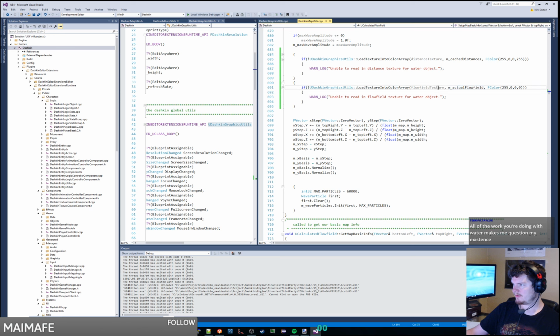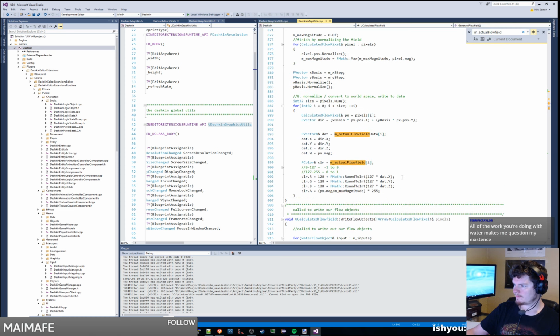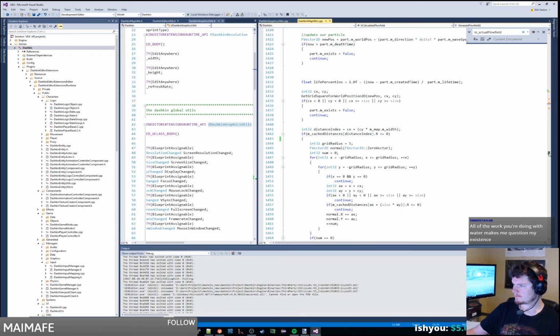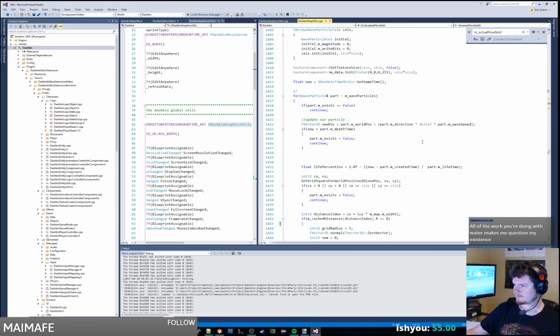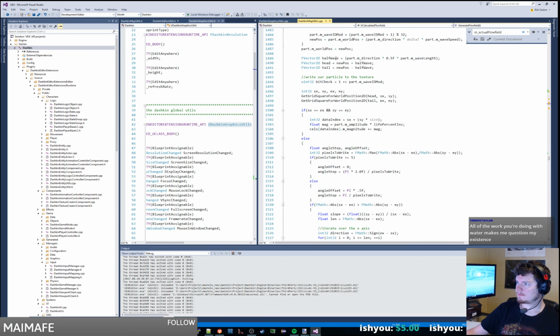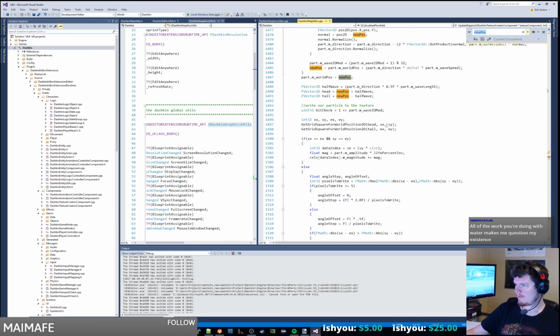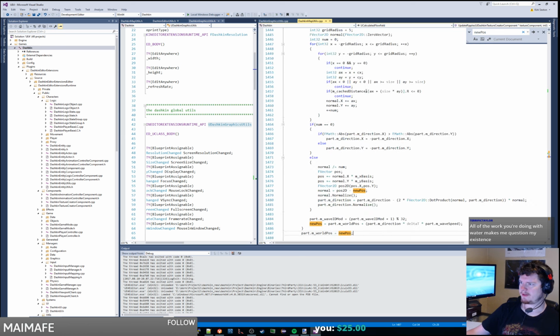So we have the actual flow field information. So the question would be, what should we actually do with the flow field? I think we could take the current direction